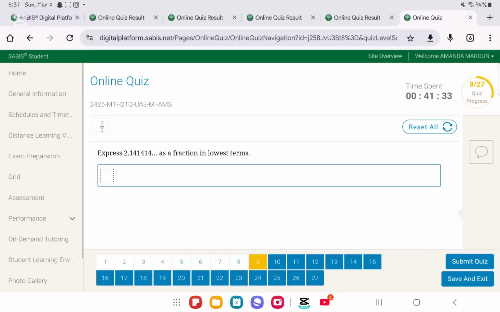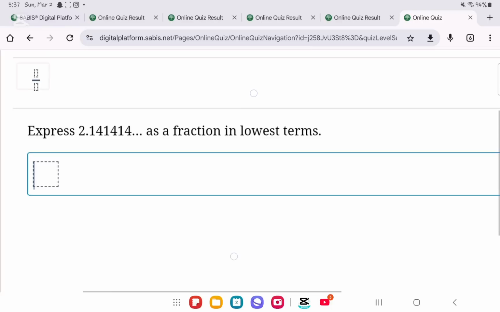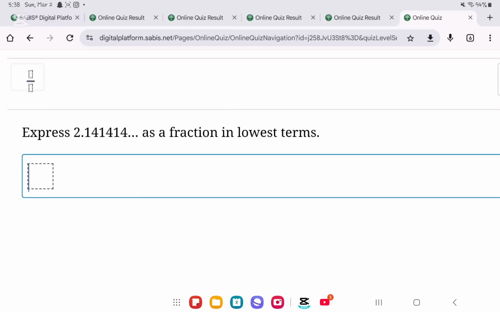We move on to question number 9. They said, express 2.141414 as a fraction in lowest terms. Very simply, as you can see, everything after the decimal point is being repeated. So you can write x is equal to 2.141414. And now you're gonna take what is being repeated. So now, how many digits are being repeated? 2 digits are being repeated. So you're gonna write a 1 with 2 zeros because 2 digits are being repeated. 100x is equal to